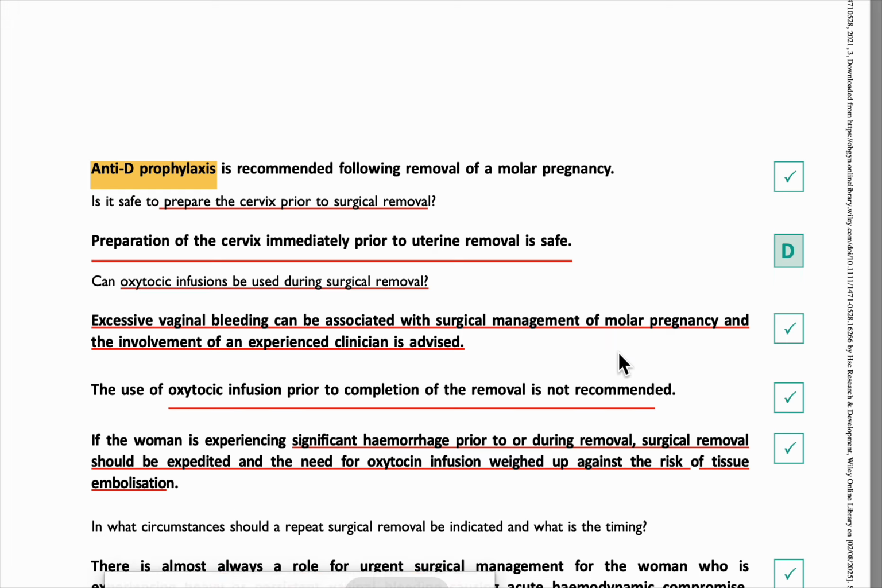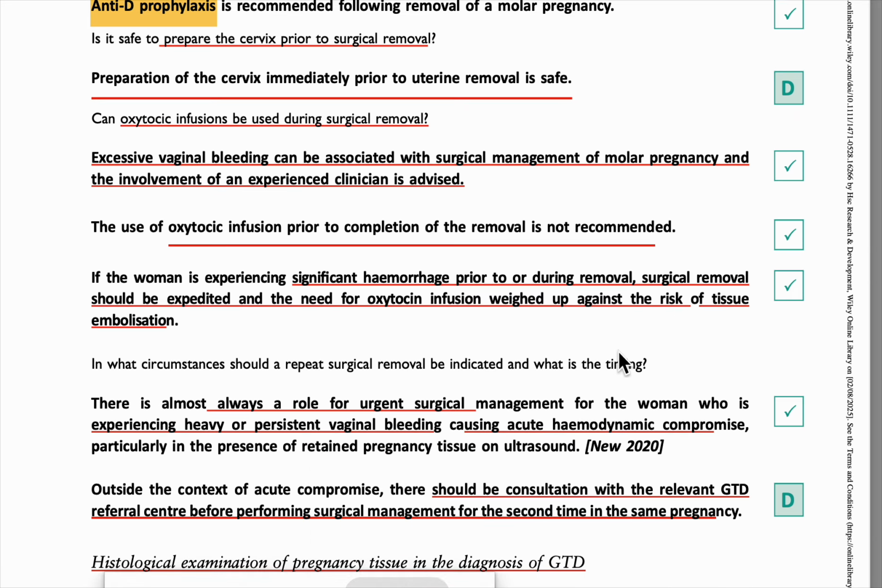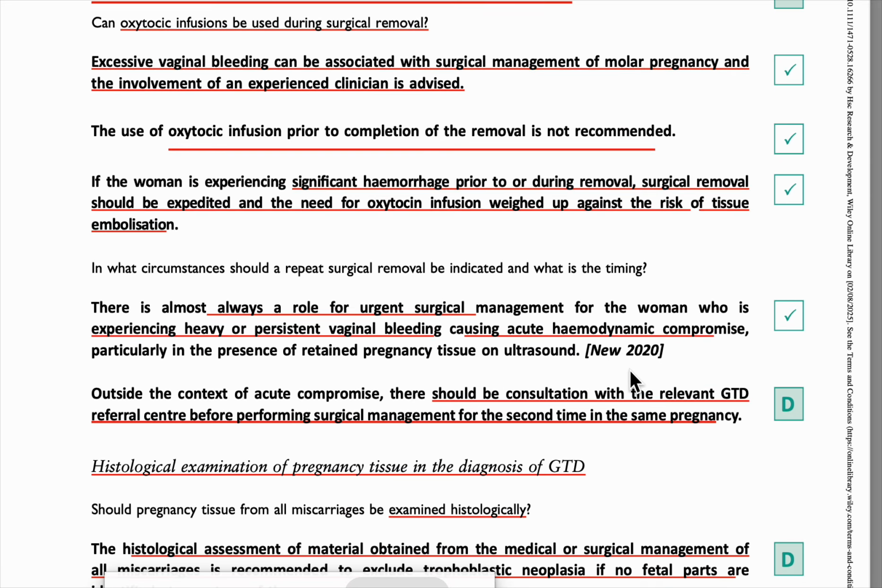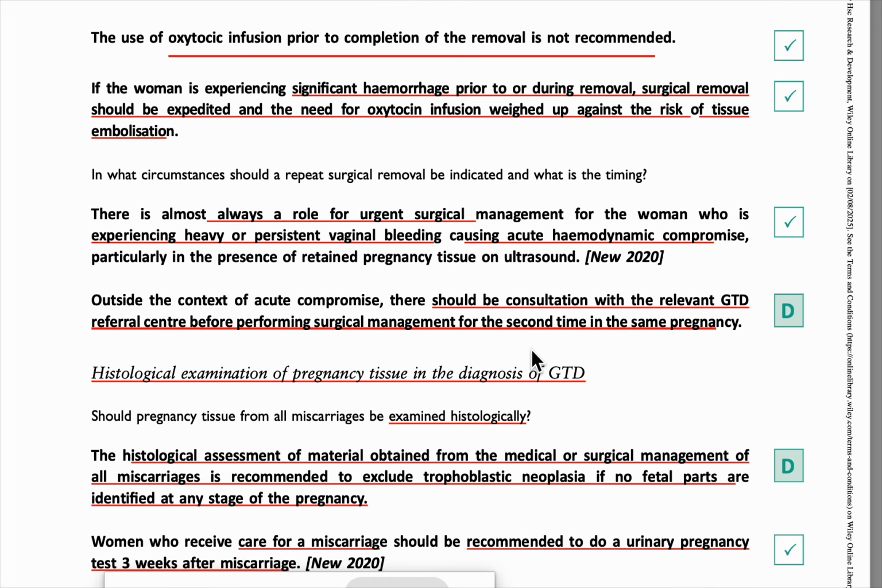Infusion can be given only, as we already told you, because of that risk. But if she is having heavy bleeding, we can do it. One thing is that if the patient is hemodynamically unstable, then we have to go quickly for the suction curettage. With persistent bleeding or hemodynamically unstable, that time we do the suction curettage. But mostly